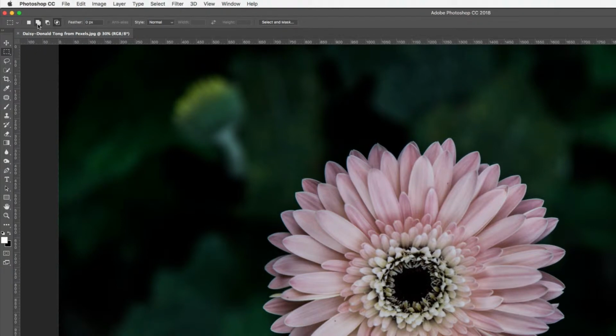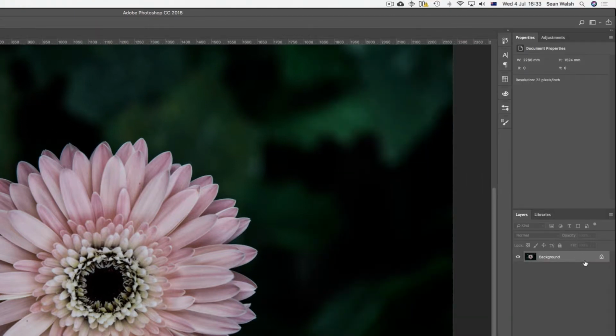So with the rectangular marquee tool, I'll switch to the add to selection mode and I'll use zero feathering for the first selection. Now for my second selection, I'll go in and I'll add 20 pixels of feathering. So when I draw the next rectangle, you'll notice that the edges of this are slightly rounded compared to the first. And if I now unlock the layer by coming across to the layers panel and unlock it from there,